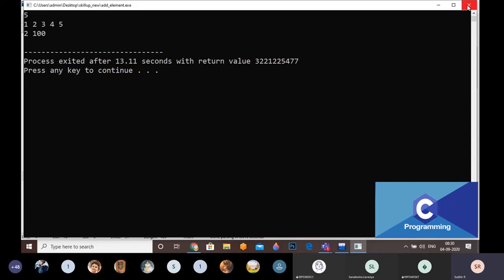Just wait. Here I am going to mention 5 values: 1 enter, 2 enter, 3 enter, 4 enter, 5. So the position is like this. Just look here. Is the value modifying or not? Yes, in the main function it is modifying, though I am modifying in the function definition. For example, again I am checking that. I am going to give some position and 200. Is the 200 coming or not? Yes, 200 is overwriting, right?